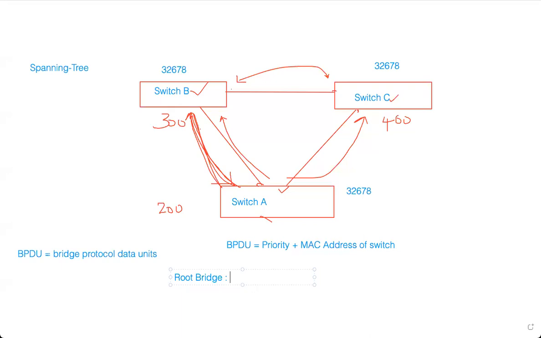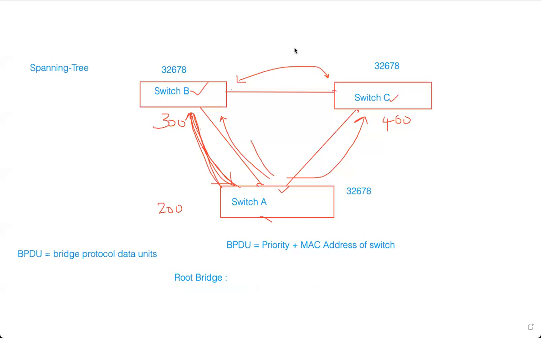Okay. So what is root bridge, guys? Root bridge is the switch which will be putting all the ports in the forwarding state. It will be sending the frames in both directions. So that is what switch A will do. Okay, so that, because the priority is lower,